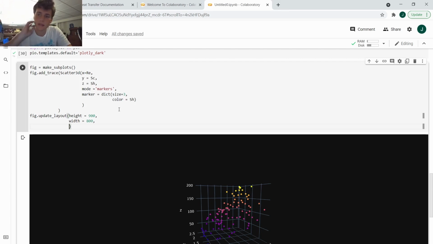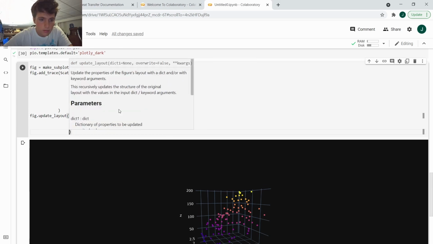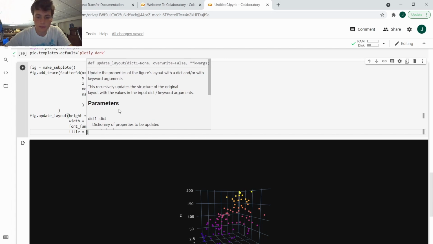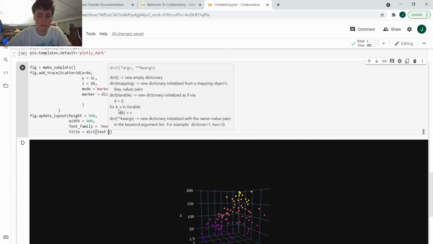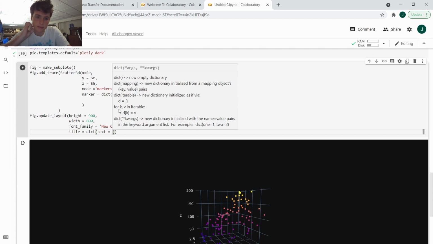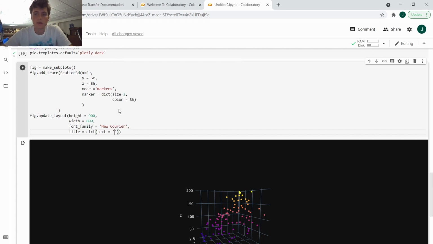We're going to give this a title, and we're going to also name the axes. So we can choose our own font instead of the default font. So I use font family equals to, that's the font that I like, New Courier. And now we can also give this a title. So we use a dictionary for this, for all the properties of the title. So dictionary, the text is just going to be what it displays. So text is we're going to call this